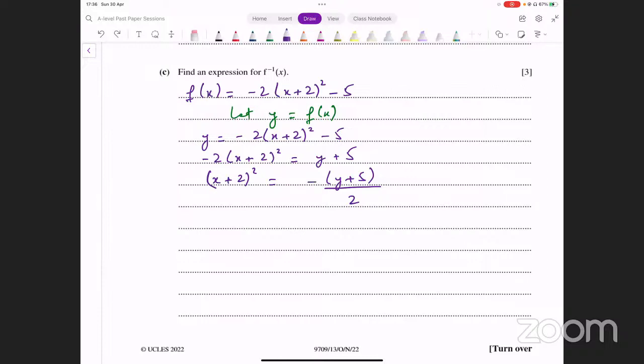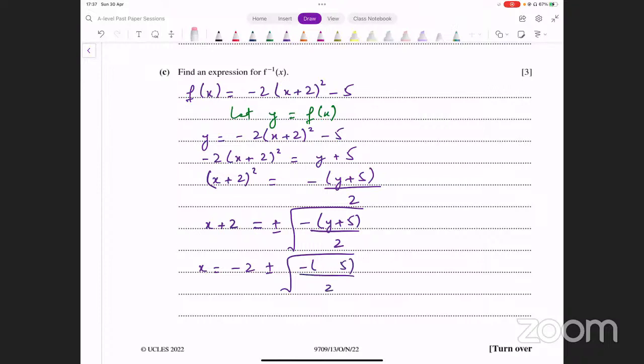अच्छा, नाउ वी टेक स्क्वायर रूट ऑन बोथ साइड, बट रिमेंबर व्हेनेवर वी टेक स्क्वायर रूट we have to put plus minus। All right, let's take square root। हमारे पास क्या आ जाएगा, square root of minus into y plus 5 divided by 2, but outside we're going to have plus minus like this। ठीक है, and now take 2 to the other side, that gives you x equals -2 plus minus square root of minus into y plus 5 divided by 2।